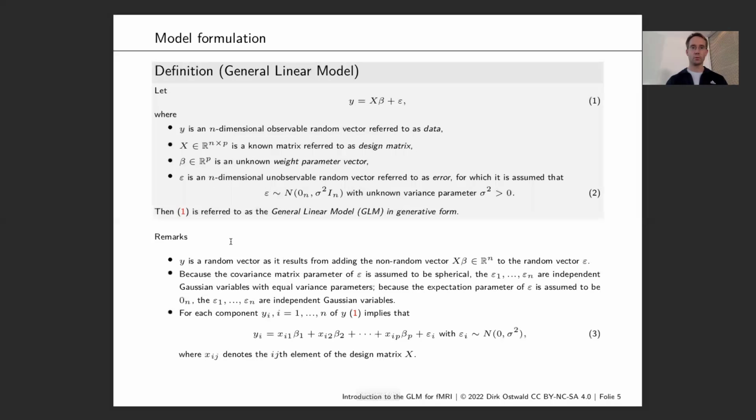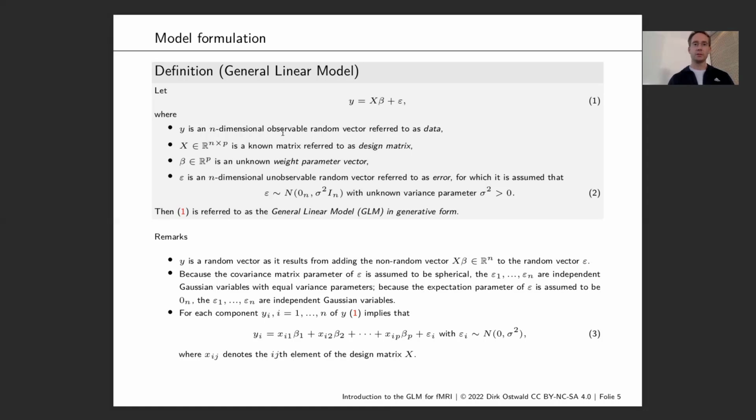Good. So the GLM. That's the GLM here. Y equals X beta plus epsilon. That's actually the way it's written in neuroimaging. There are different ways to write the GLM, of course, in terms of the letters that one is using. That's the standard way it's done in neuroimaging. And we now look at what these things are. So Y,